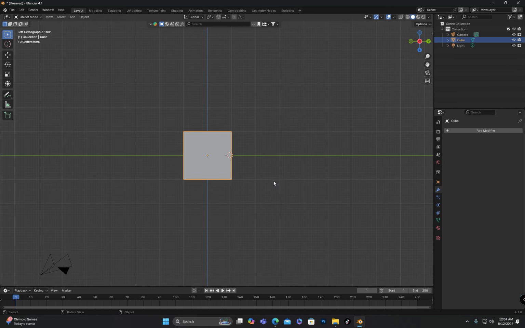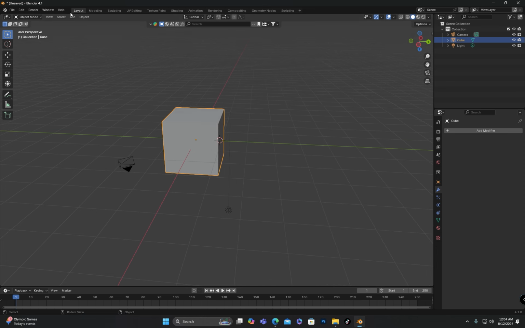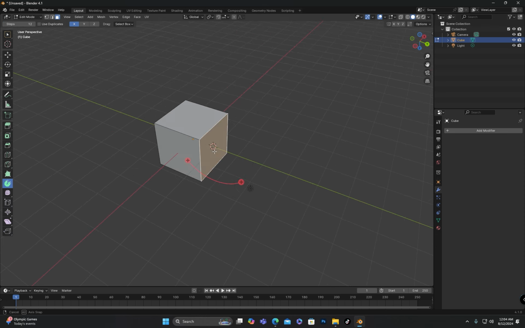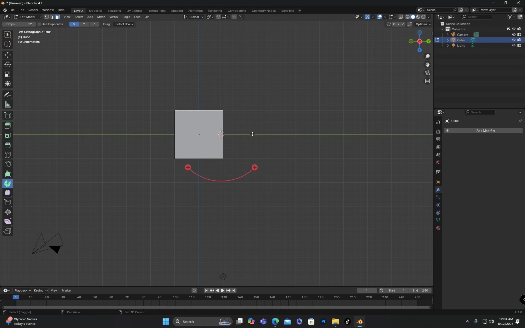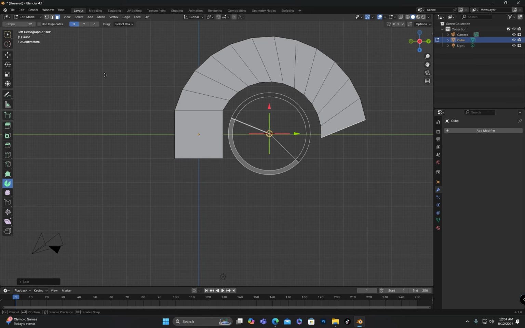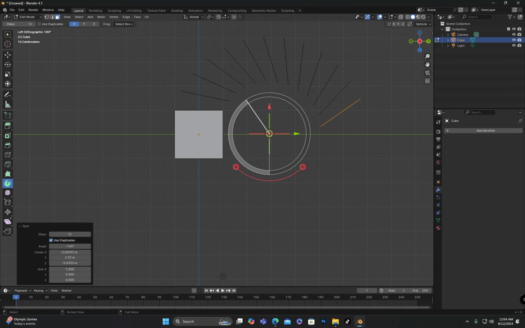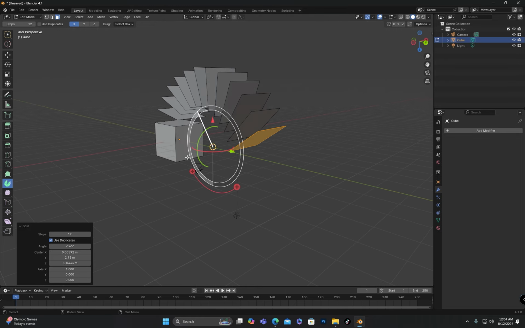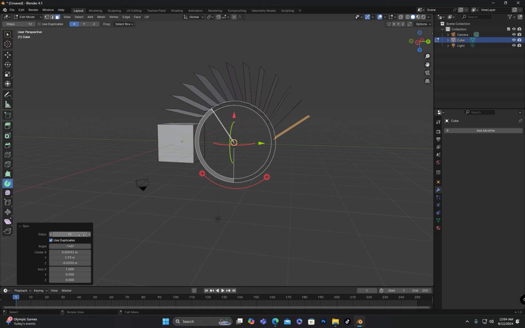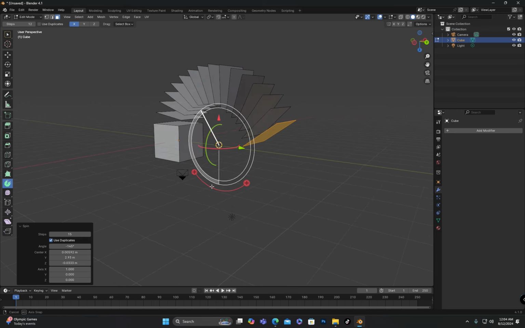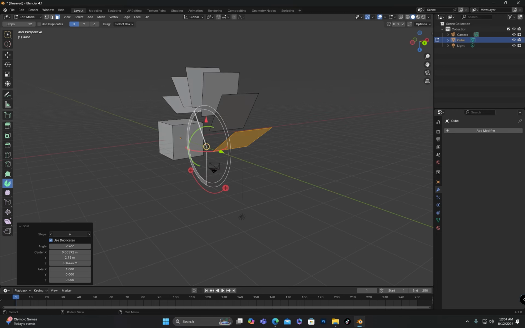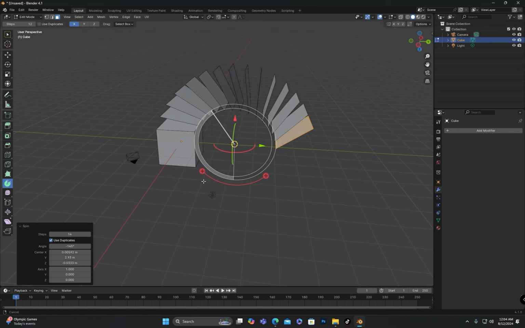As soon as we use the spin tool, more options related to it become visible. For example, if I rotate this face again using the spin tool, additional settings will appear. If I click on this arrow, I will see more options including steps and use duplicates. If I check the use duplicate option, it will simply duplicate the faces and rotate them. The steps option allows us to control the number of duplicates, which we can increase or decrease as needed.